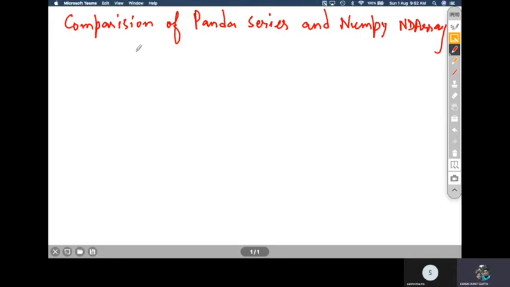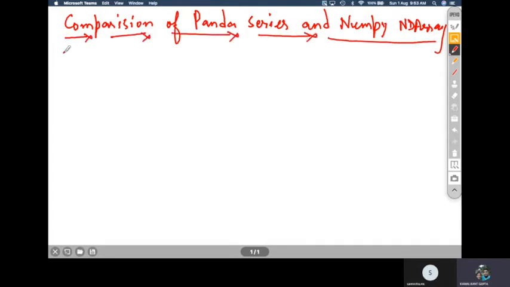NumPy ND array is similar to the Panda series because it presents the data in a two-dimensional matrix, or 3-dimensional, as many as you like. It may present the data in matrix form, row-wise or column-wise, just like Panda series. So they look very similar to each other, but there is some difference between them. The basic difference between the series and ND array is that the operations between the series automatically align the data based on the labels. So what is the basic difference?